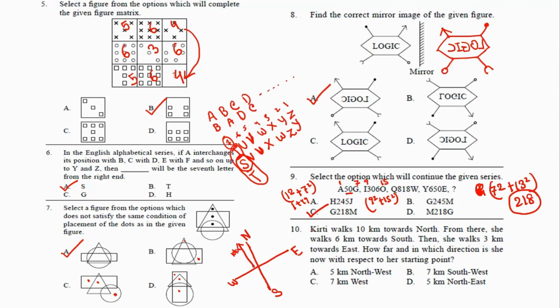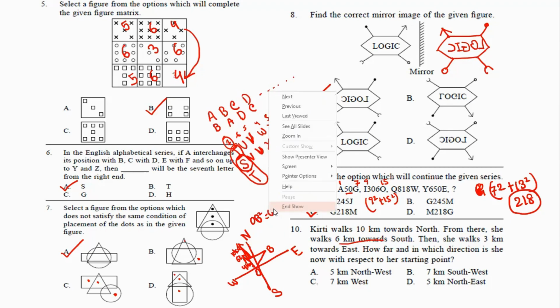Then she came back 6 kilometers towards the south. So she came back like this. Suppose from here to here is 6 kilometers. So if this is 6 kilometers, this is 4 kilometers, right? And then she walks towards the east. So if she walks towards the east like this, then what is the result? If you have a structure like this, we always find this one from the starting point by the Pythagoras theorem. If we take this point as O, this point as A, and this point as B, our formula will be OB square is equal to